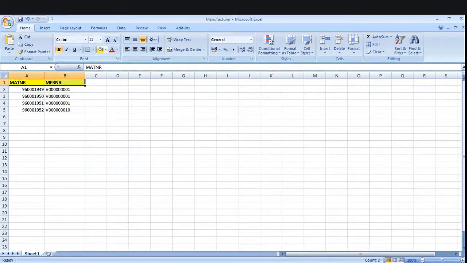For example, MATNR is a material number and MFRNR is a manufacturer number. What I want to do is, for these materials I want to change the manufacturer number. For example, I can keep it as